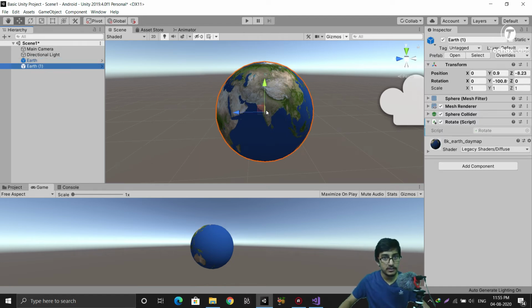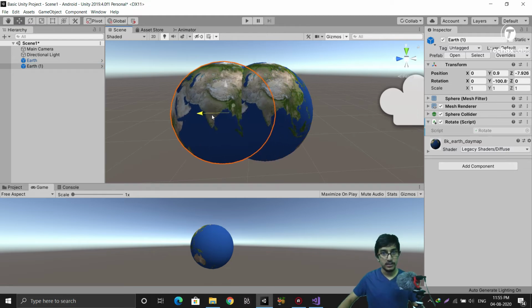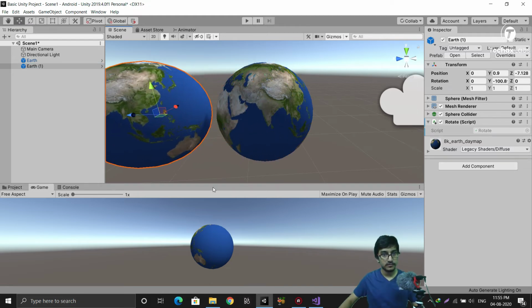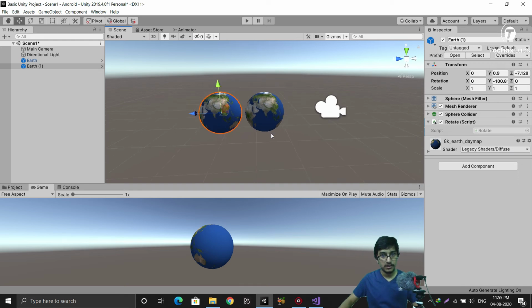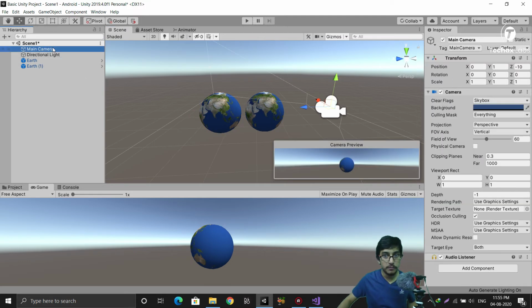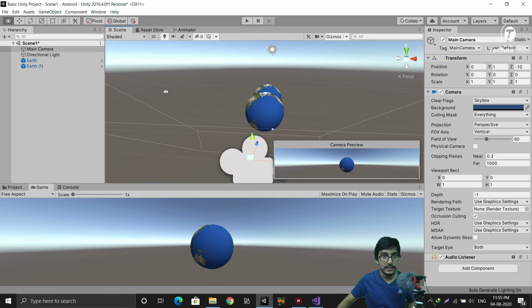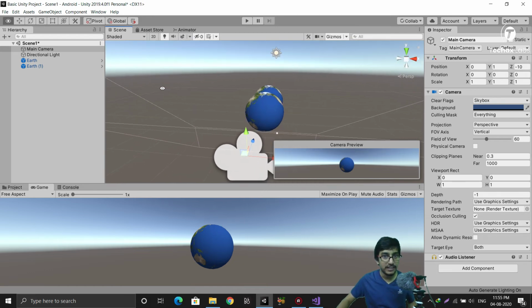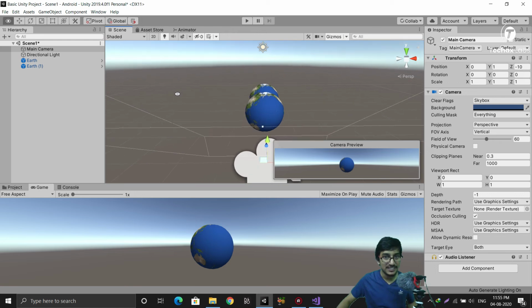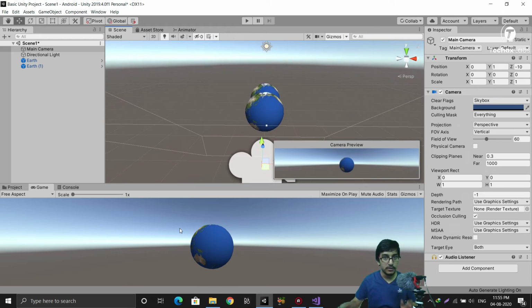So both of our earths are placed at the same coordinates, so let's change it. And here again you can see from the view of the main camera both align in the same line, so still we are able to see only one Earth in this game window because both the Earths are aligned. And this is how actually solar eclipse and lunar eclipse works in real life, if heavenly bodies align in the same line. I don't know why I'm telling you, you know this.